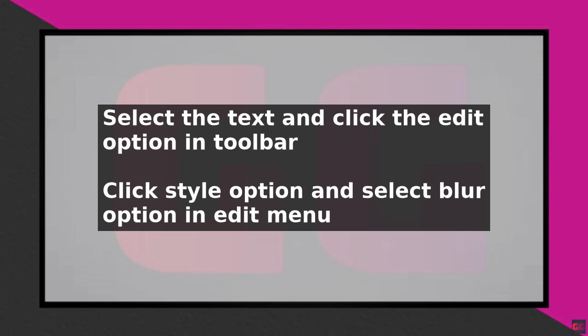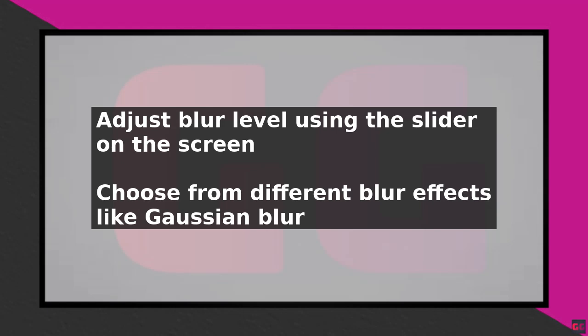You can then preview your video to see how the blurred text looks. If you want to make any further adjustments, you can go back to the Edit menu and make the necessary changes. It is also possible to blur specific parts of the text by using the masking tool. To do this, select the text and then click on the mask option in the Edit menu. Use the brush tool to select the part of the text you want to blur and then apply the blur